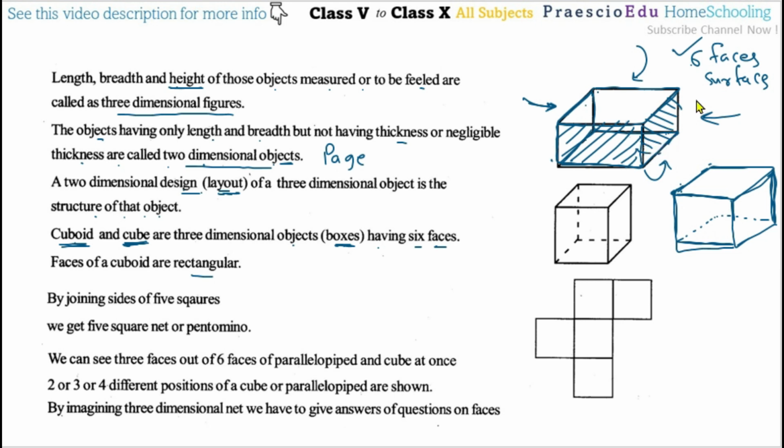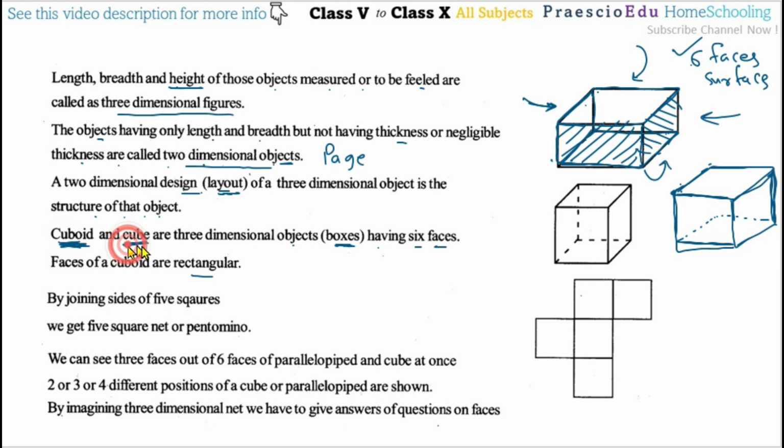Rectangular shapes mean the length and the breadth have different dimensions, so the sides have different dimensions. That is called the cuboid. Your matchbox is a perfect example of the cuboid. Even your compass box is a perfect example. Even a living room or bedroom, if it has different dimensions of length and breadth, is a cuboid structure.